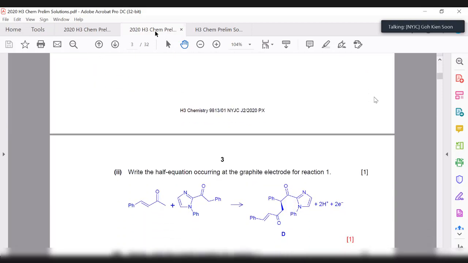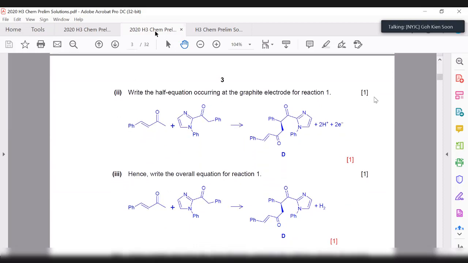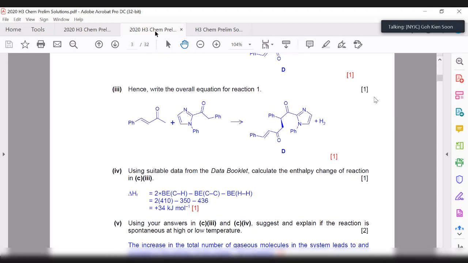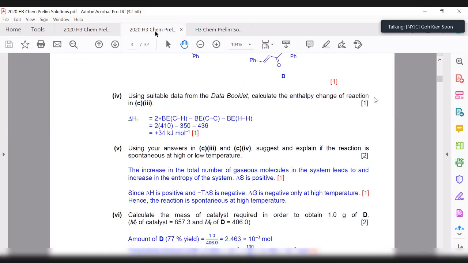Okay, and link back to H2, again, I just need them to write equations, half equations, and combine the two equations together. And using the overall equation to calculate something that they have learned back in H2, the delta H, using bond energy values that they can find inside the data booklet. And of course, from there, the delta H,